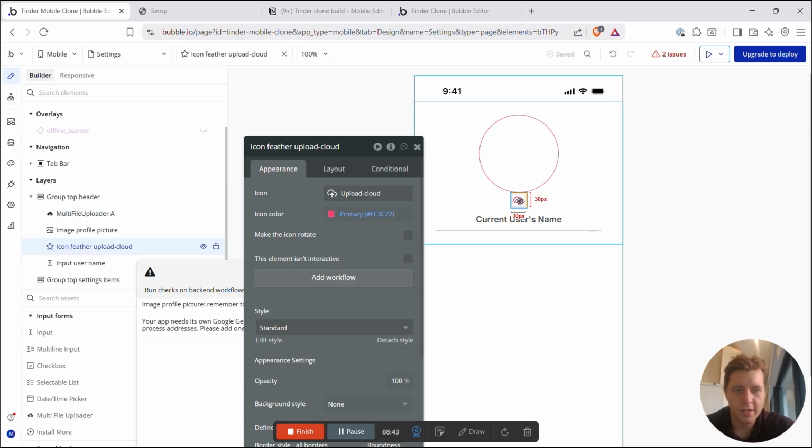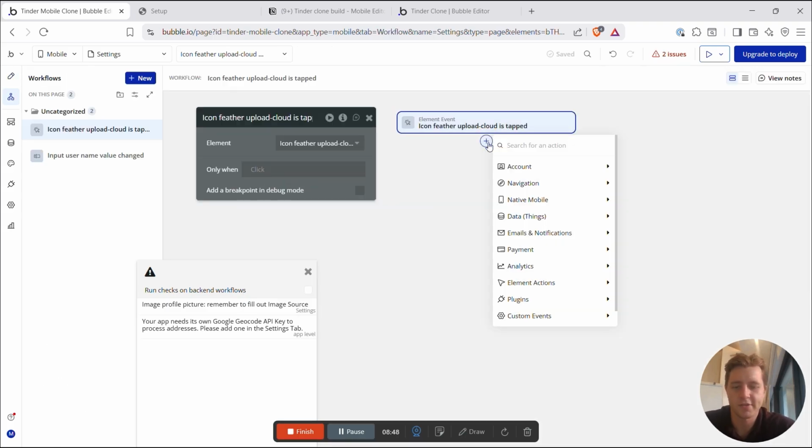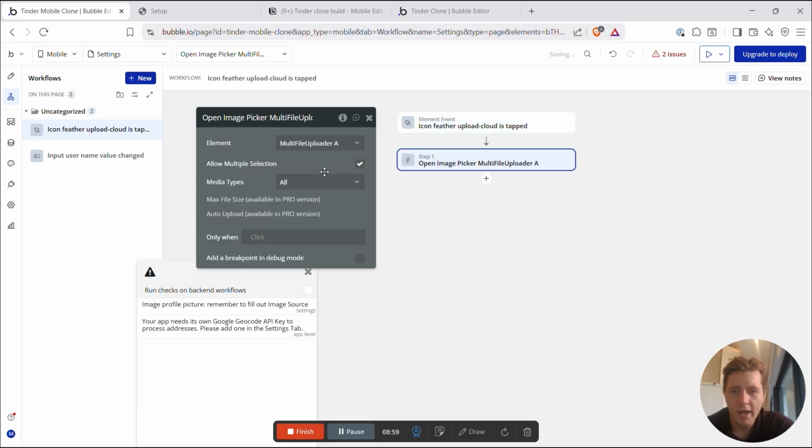Cool. So now we can click on this button and go to add workflow. And what this is going to do is call the multi-file uploader. But all we're going to do is type multi, open image picker. And here we're going to allow multi-selection. We're going to switch that off. Media types, we're going to change to images. And then that would